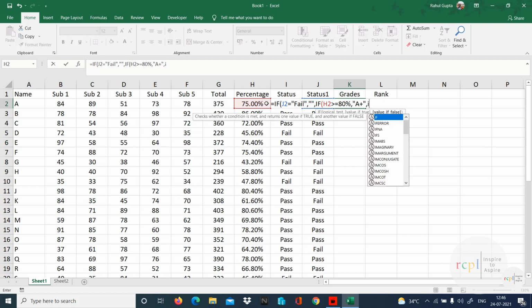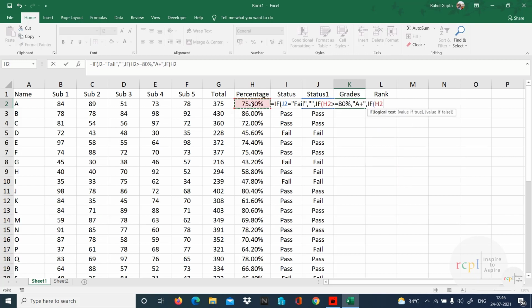If not, then again check if this is greater than or equal to 70%, give me A. If not, again check if this is greater than or equal to 60%, give me B plus, and below that I know all of them are B. So let's close the brackets, whatever we have. A cheat code is that the last bracket will always be a black bracket. It means all the brackets have been closed.